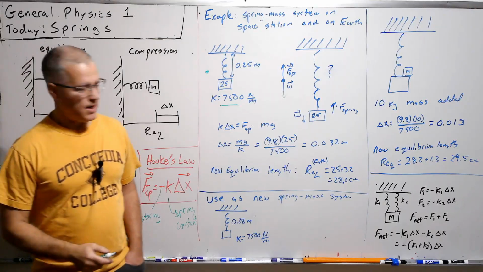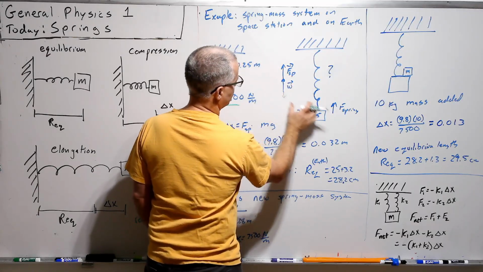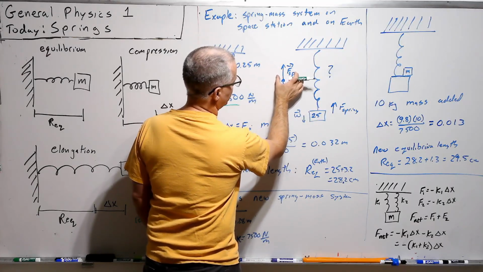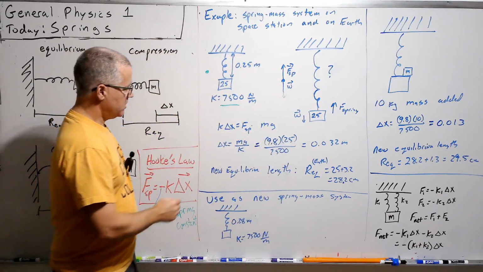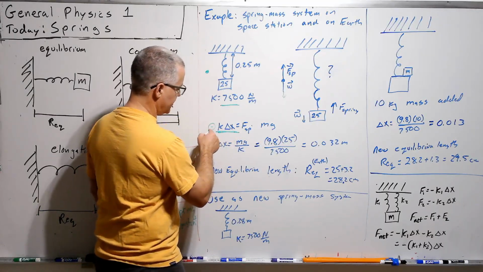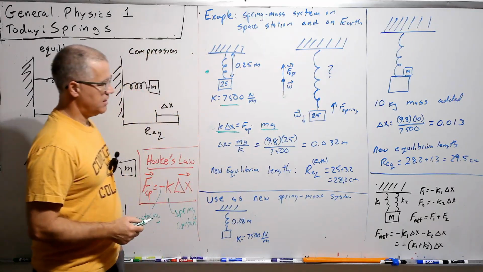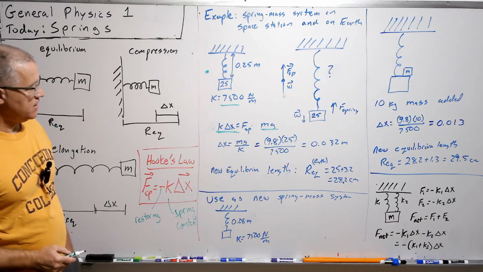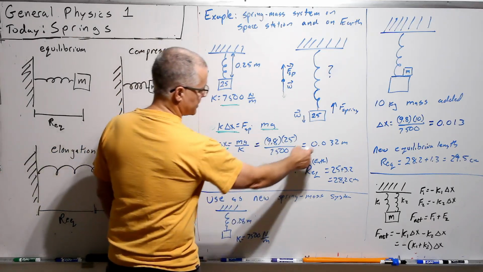And so we see the equilibrium condition is when the spring force is equal to the weight force in magnitude. Now, in magnitude, the spring force is K delta X, right? There's that restoring force, but we're just looking at the magnitudes now. And the weight force is mg. So we can solve for delta X, and we're going to get